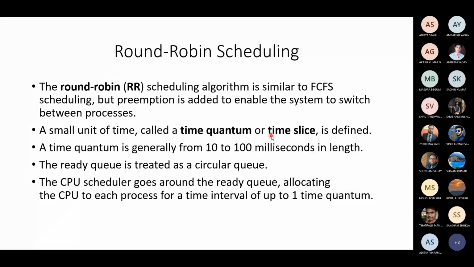It generally varies from 10 milliseconds to 100 milliseconds in length, and the ready queue, the queue of processes waiting to be executed, is considered as a circular queue. The CPU scheduler goes around the circular queue, allocating the CPU to each process for a time interval of up to one time quantum. So for example,